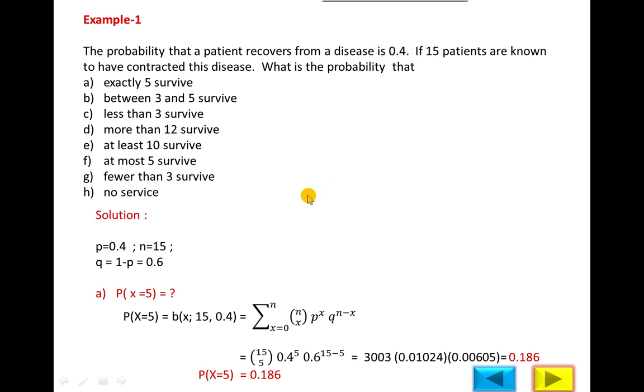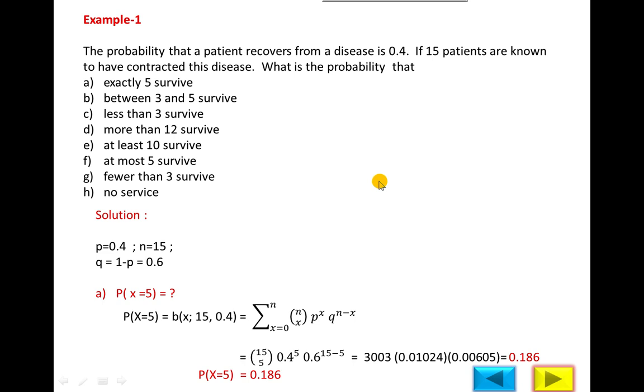Suppose any doctor collects the data on the first day, second day, third day. On the first day, suppose 10 patients contact the doctor for his or her disease. Out of 10 patients, 4 survive. Probability of success will be 0.4. Next day, out of 20 patients, 6 survive. Probability will be equal to 0.6. And so on. If you collect the data up to 1 month and the average probability is 0.4, and then